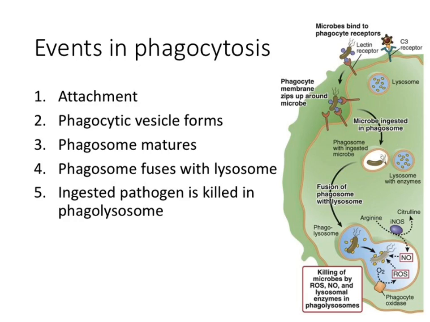So let's talk about these 5 steps real quick. When we say that the first step here is attachment, what is that? What do we mean? What is attaching to what? Taylor, go ahead. Good. So usually, that phagocyte is something like a neutrophil or a macrophage, our 2 biggest